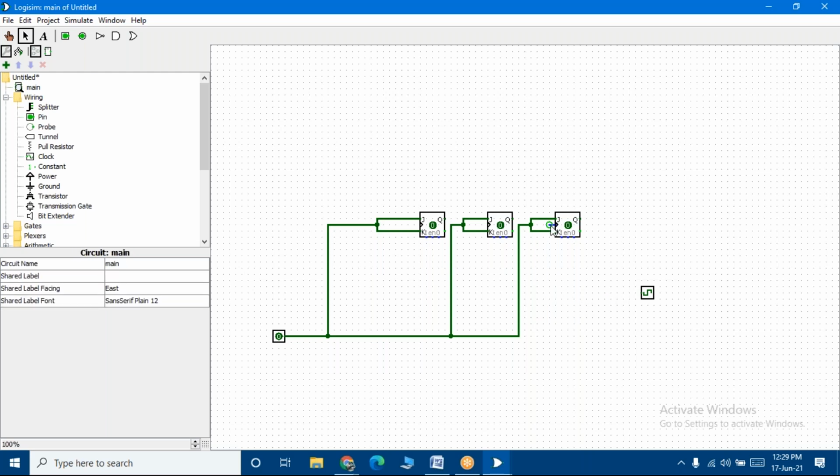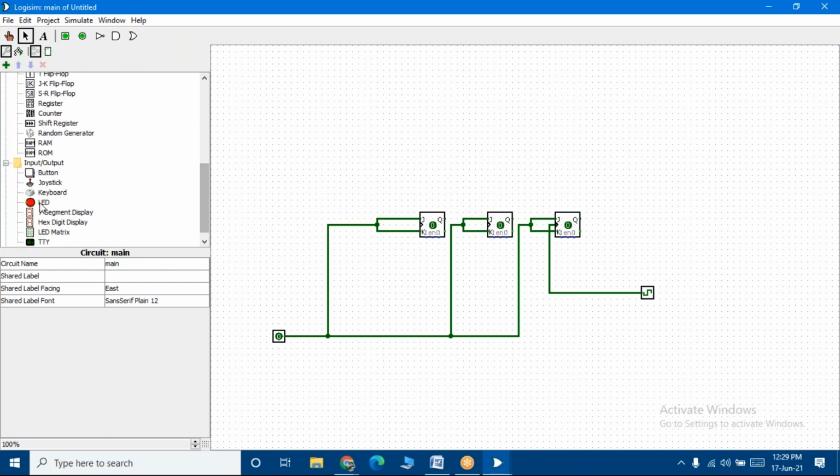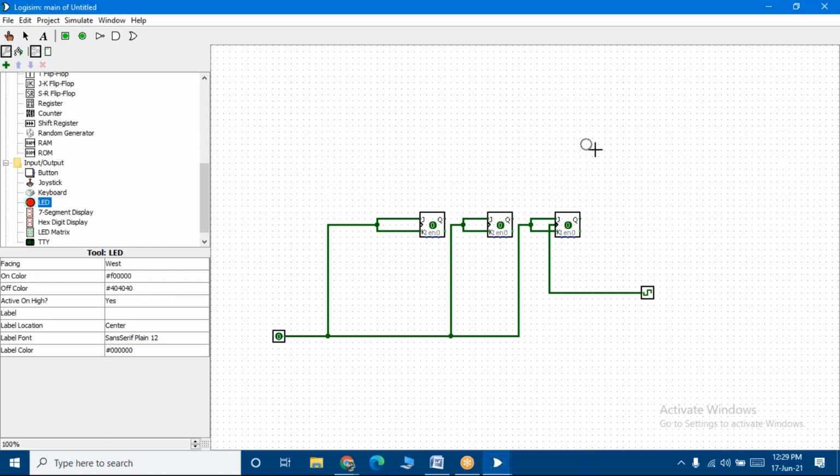This has become a little bit lengthier. Okay, so let me go ahead and connect this. So students, here an extra connection is there. Okay, so I've connected to the flip-flop. Now what should I do, students? Let me go to LED, right? Select input and output, select the LED. So place one LED here, one to my second flip-flop, and one to my third flip-flop.